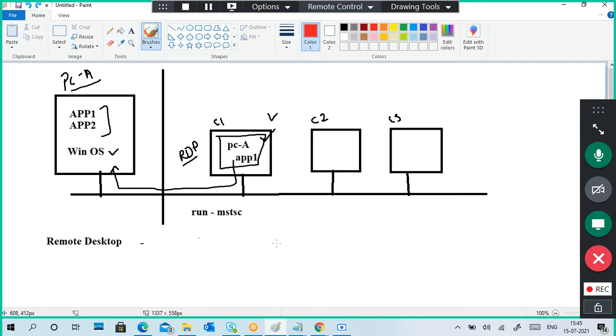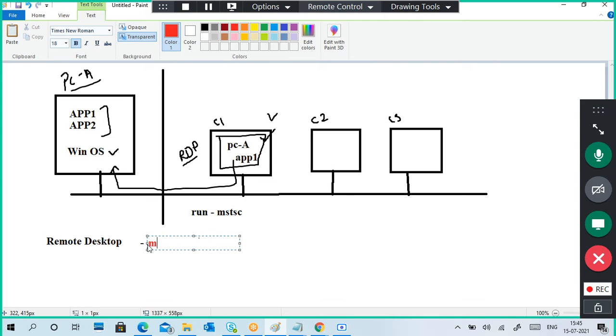But there is a condition for remote desktop from Microsoft. What is the difference between Linux and Windows in terms of users?